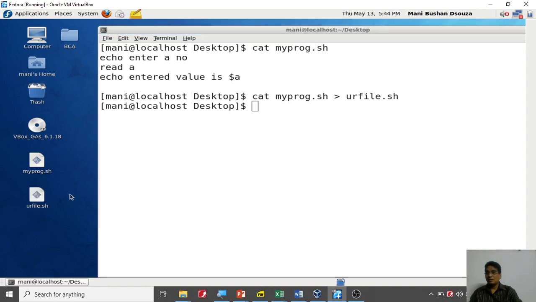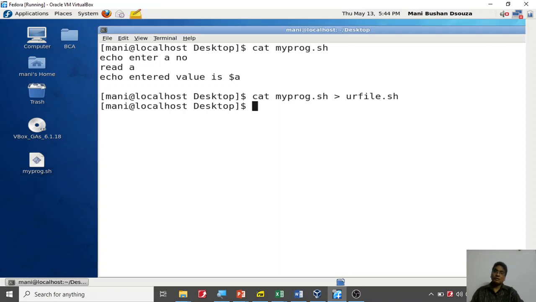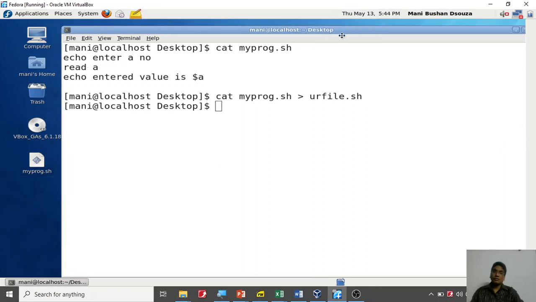Now I want this command to be executed at a particular time. I'll delete that file. What is my time over here? It is 5:44 p.m. 3 o'clock means 15, then 4, 5, that is 17:44.